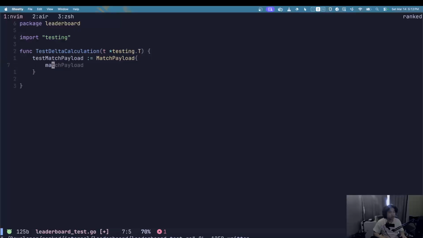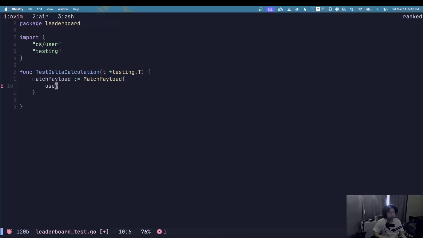Match. Or I don't know. Let's call this match payload. And this has user ID. Let's do user ID.